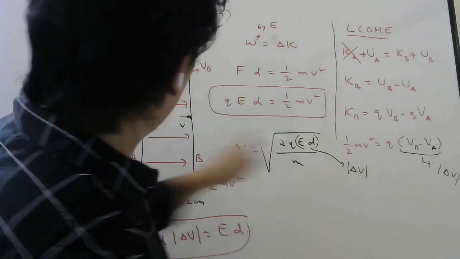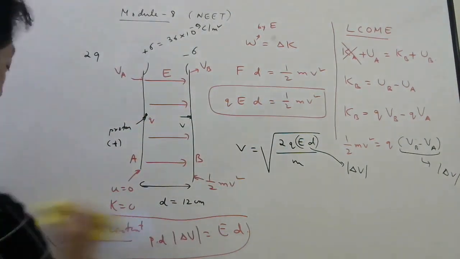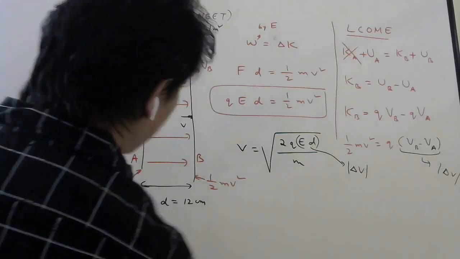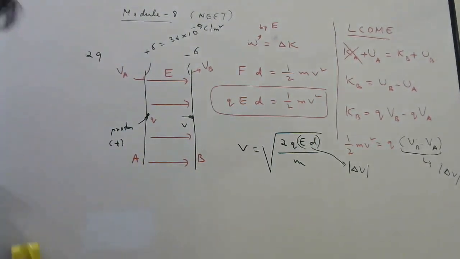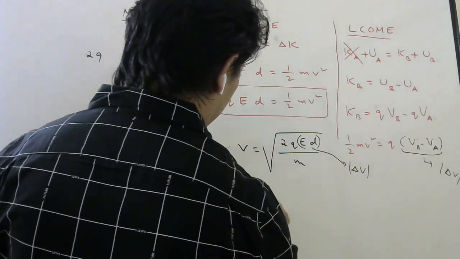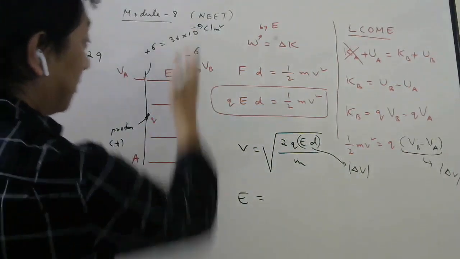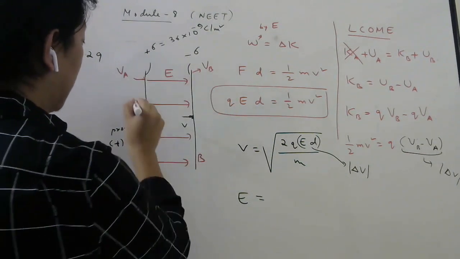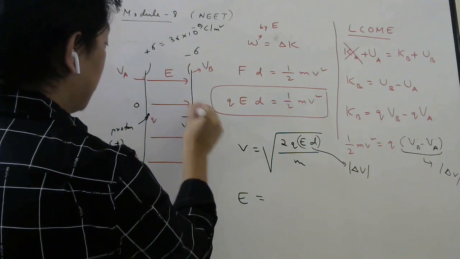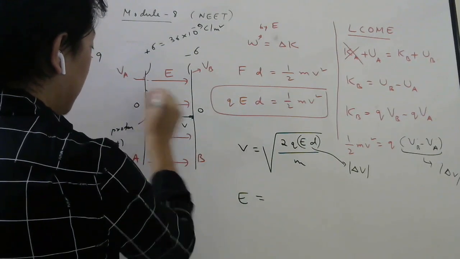Oh, we need to calculate electric field here, because electric field usually they give, in this question they have not given electric field. So what we have to do, first calculate the electric field. So what is the formula for electric field? These are two plates, right? And since they have been given equal and opposite charge, you remember, right? This side charges will be 0, all the charge will be here only, here and here.